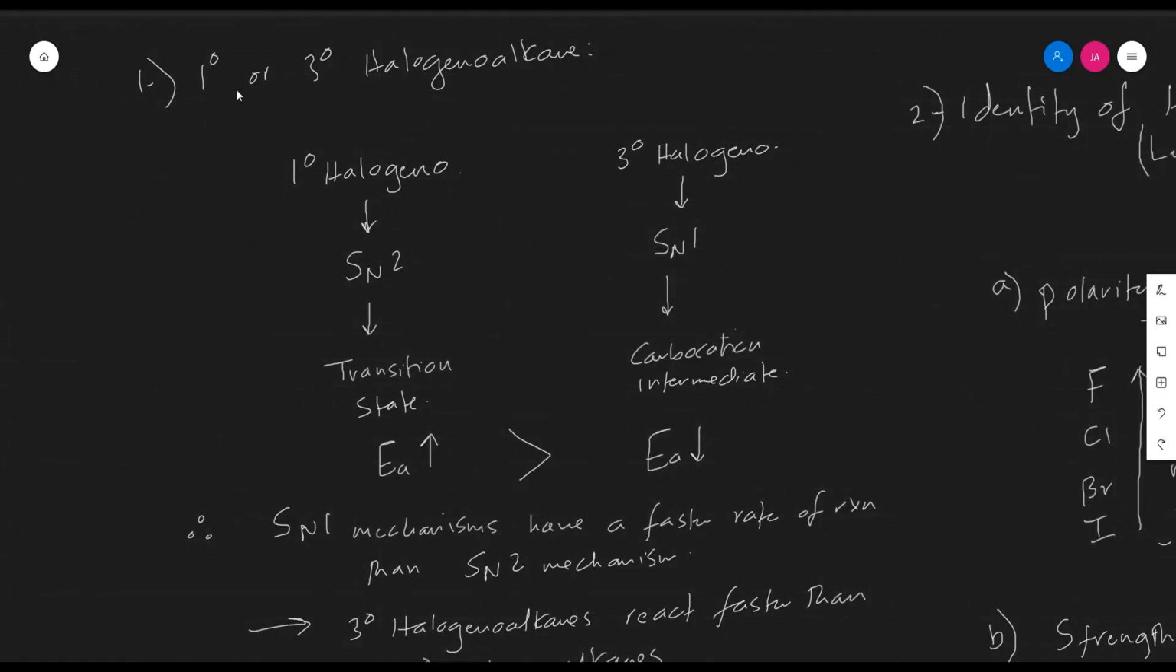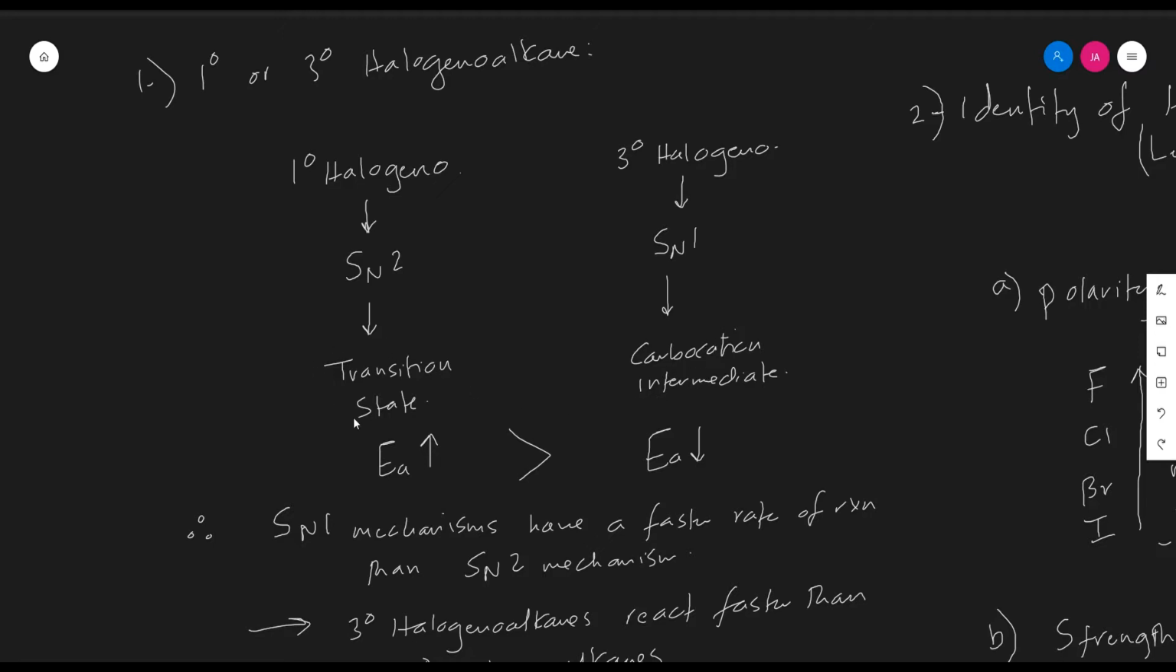The first factor depends on whether it's a primary or tertiary halogenoalkane. Primary halogenoalkanes undergo SN2 mechanisms, which is a one-step mechanism that involves a transition state. On the other hand, the tertiary halogenoalkane undergoes SN1 mechanism, which is a two-step mechanism and involves the formation of a carbocation intermediate. The formation of a carbocation intermediate, in terms of its stability in